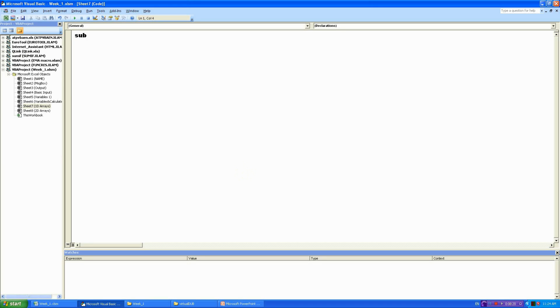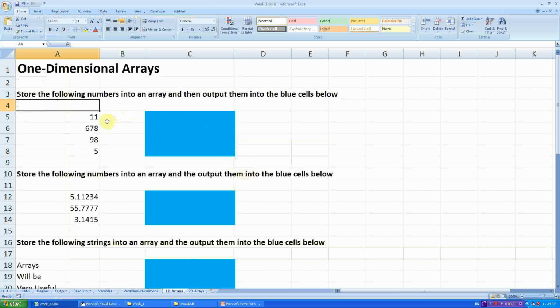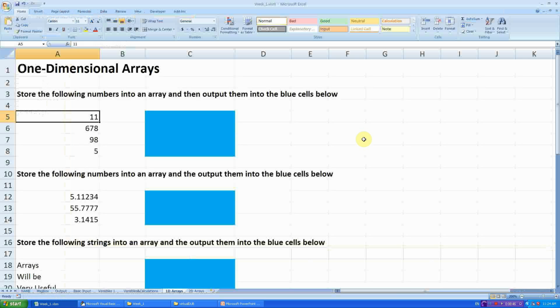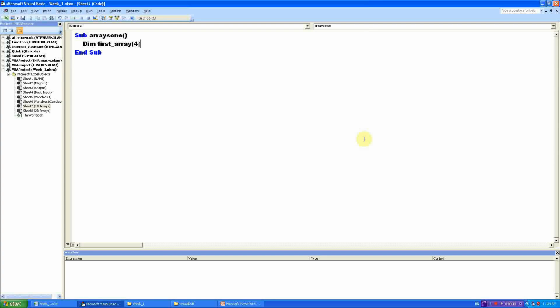So let's start writing. I'm using the drop-down box